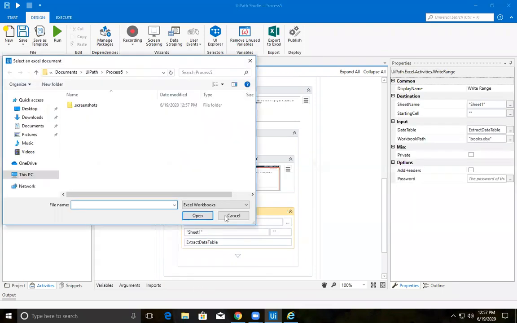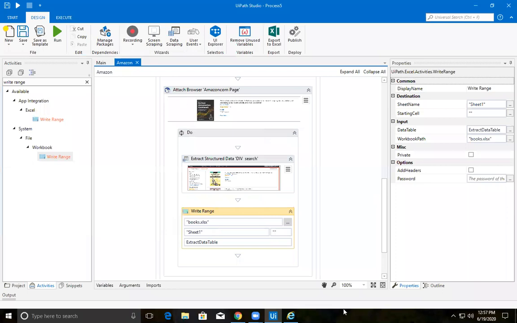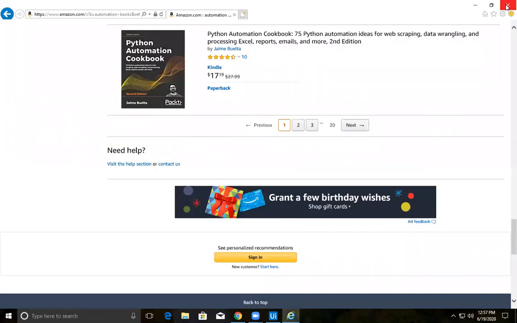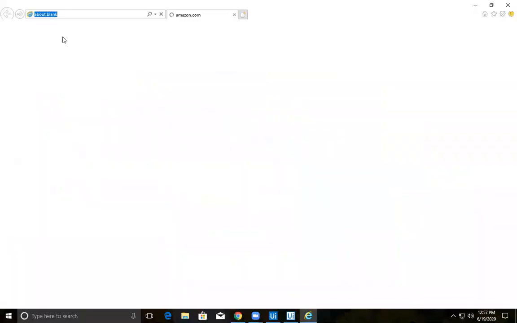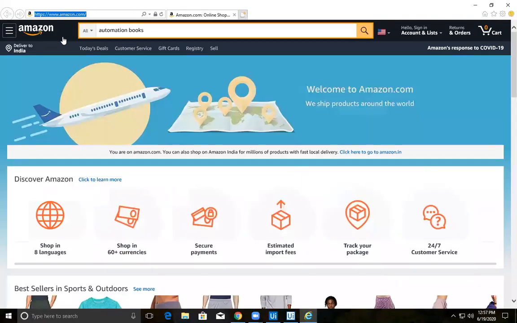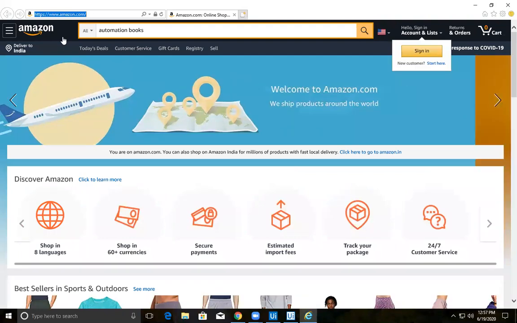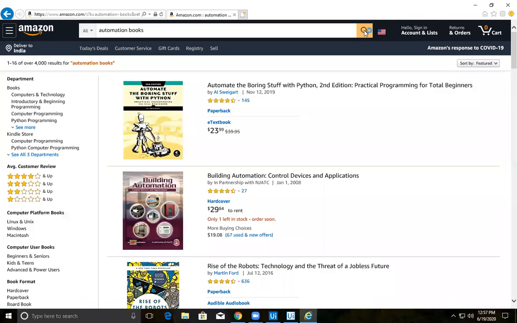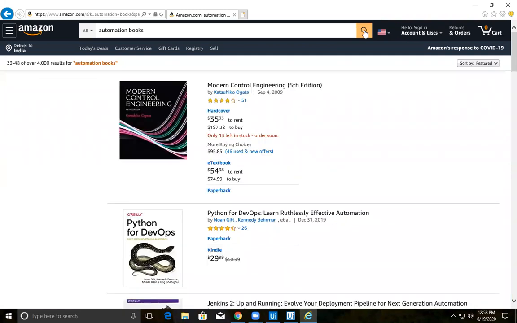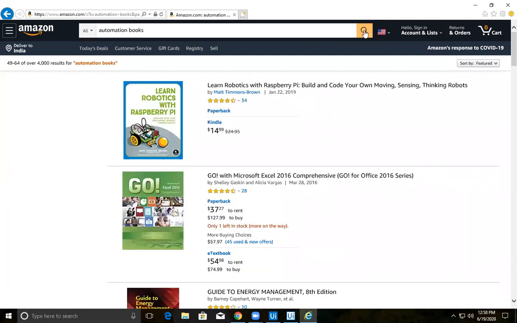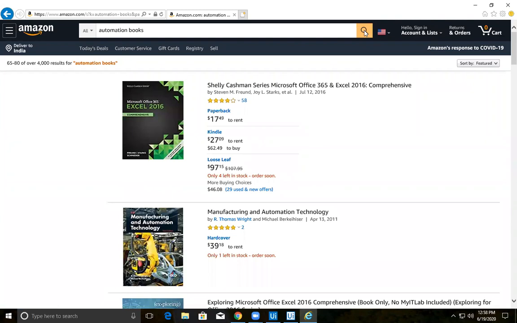Save it. Let me close and run. So it needs to stop here, but it was not stopping. It was going.